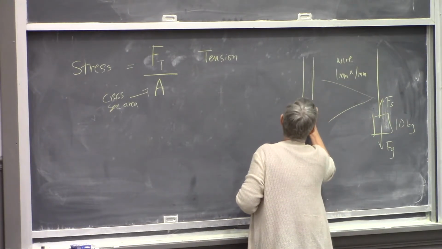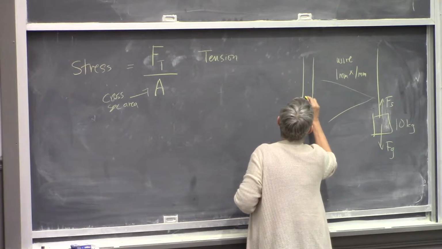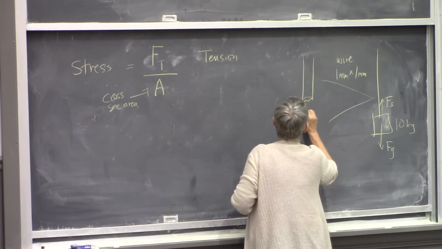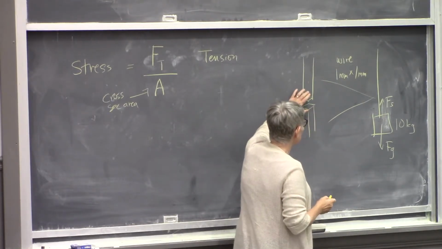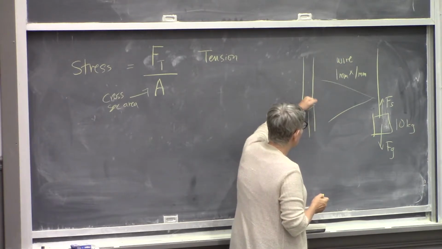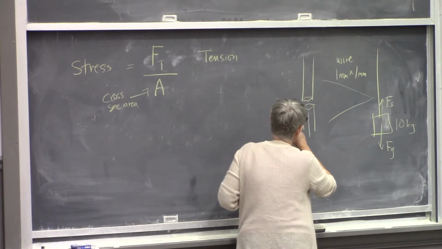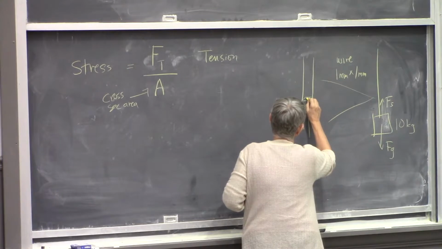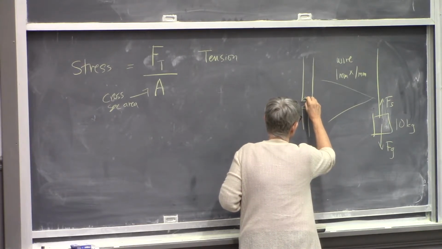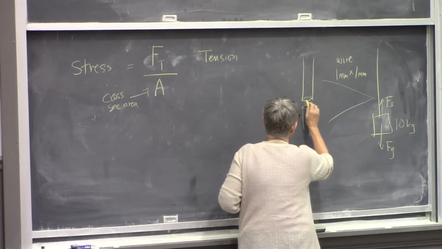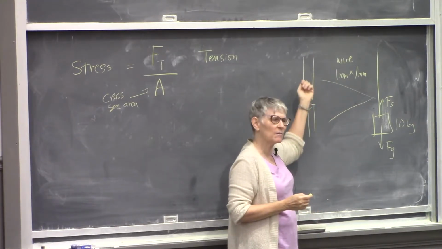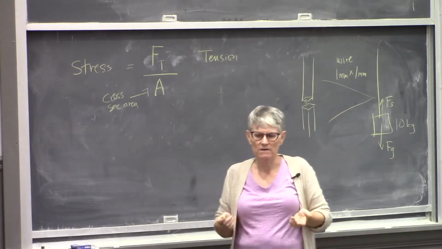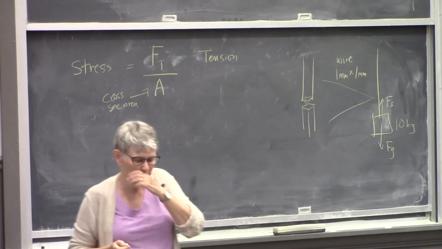So here's our wire, and this part of the wire has to exert an upward force on that part of the wire, right? So every part of the wire has to be exerting